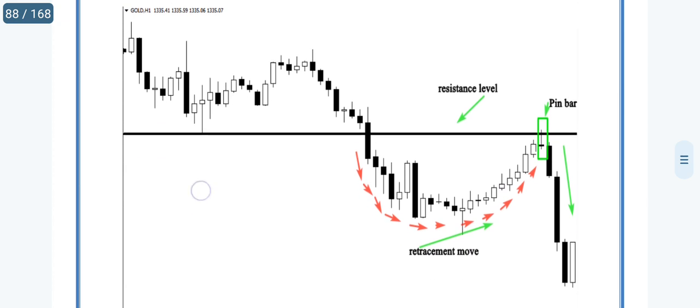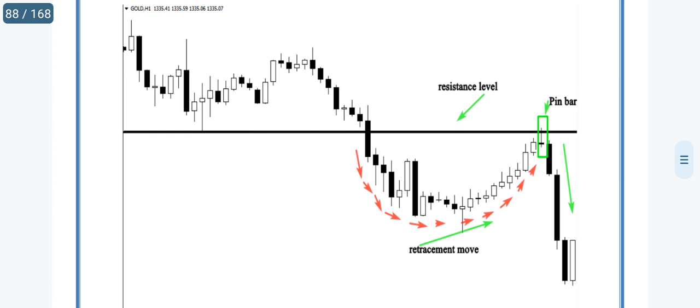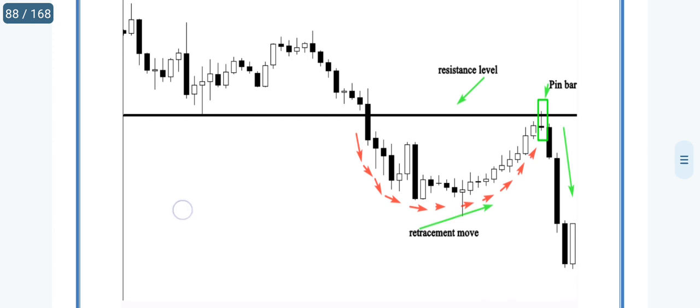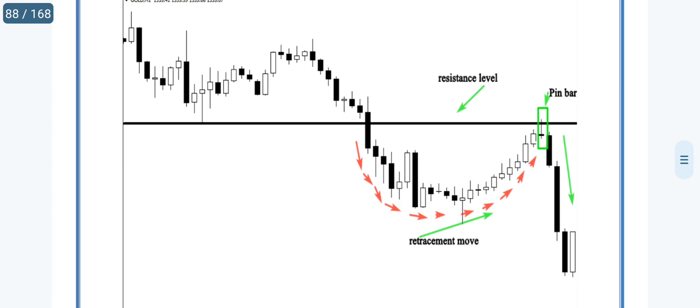So we have our resistance level, we have a penny bar forming, and we are seeing a pullback made here, and after a pullback we are seeing a retracement move, and after a retracement move we are seeing a longer tail on the penny bar. It indicates a retracement move,